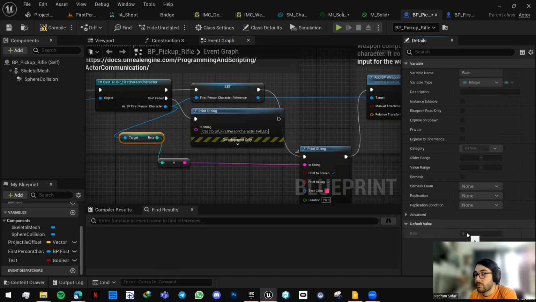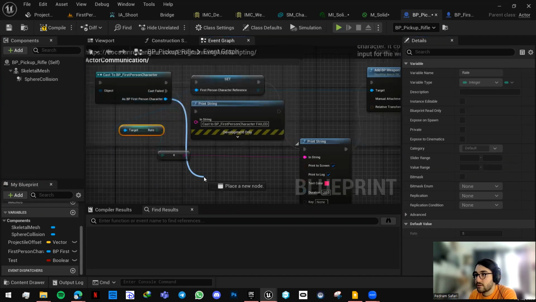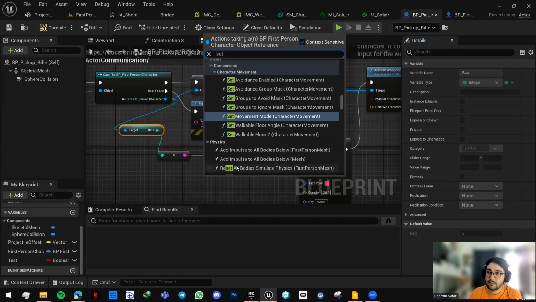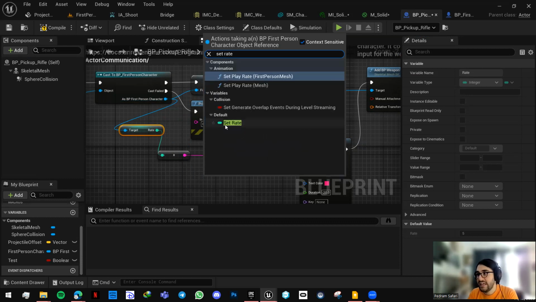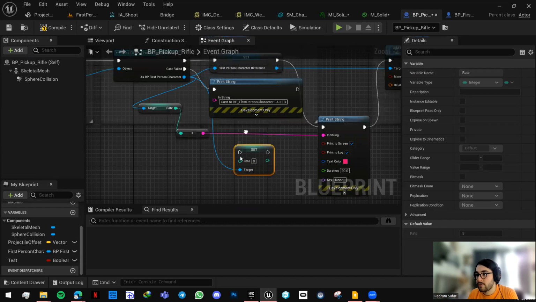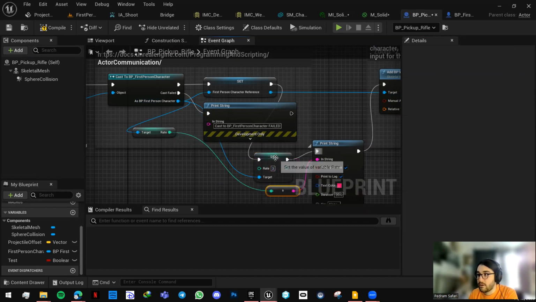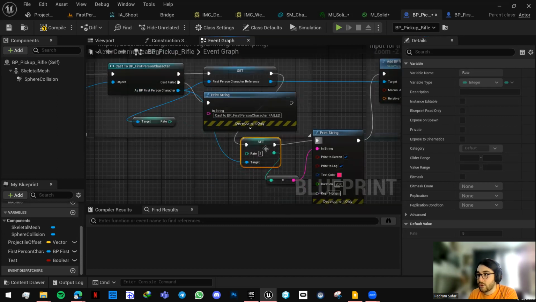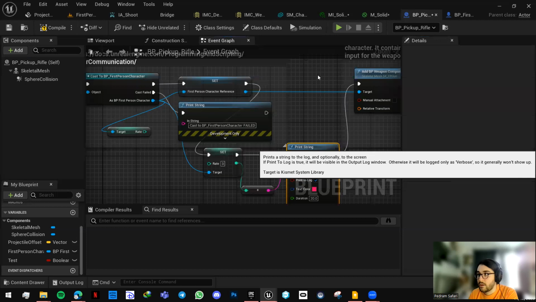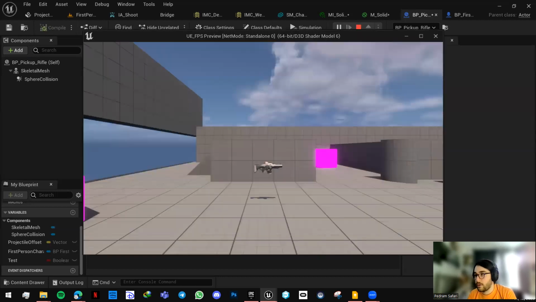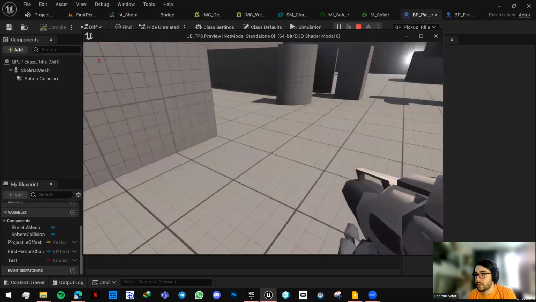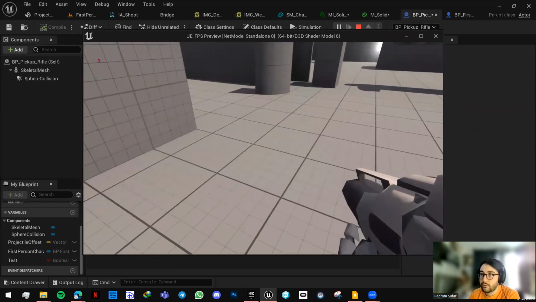You can see here, we cannot change it through here, but what we can do is drag from the first person character and try to set the rate variable. And you can see it finds it. So if you do this right now, you can set it to something different. And if you drag drop from here into there, you can see that we can set the variable to 3 instead of 5, and try to copy that to the screen. And if you press play and go and get the gun, you can see the 3 on top left that is appearing in the pink